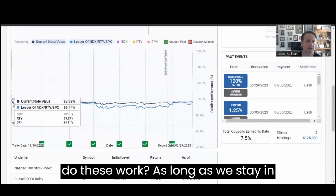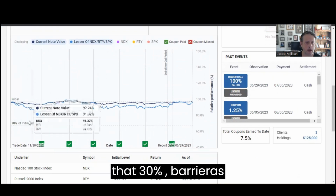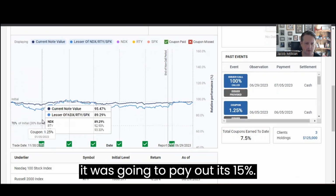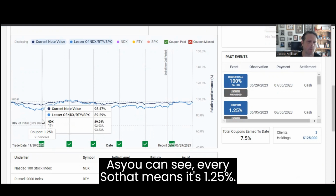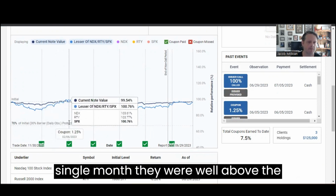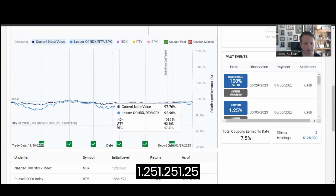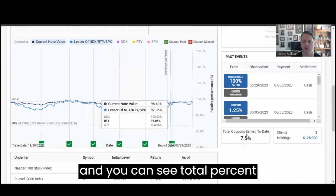As long as we stay in between the initial level and that 30% barrier, every single month it was going to pay out its 15%. So that means it's 1.25%. As you can see, every single month, they were well above the barrier. So this particular note paid out 1.25, 1.25, 1.25, and you can see total percent